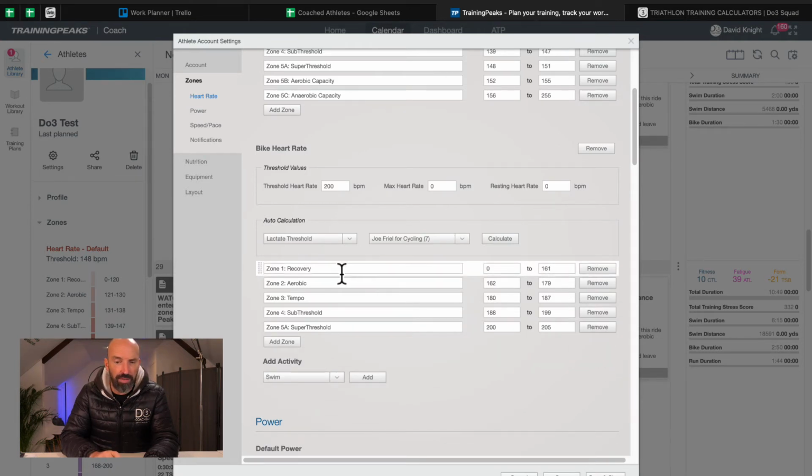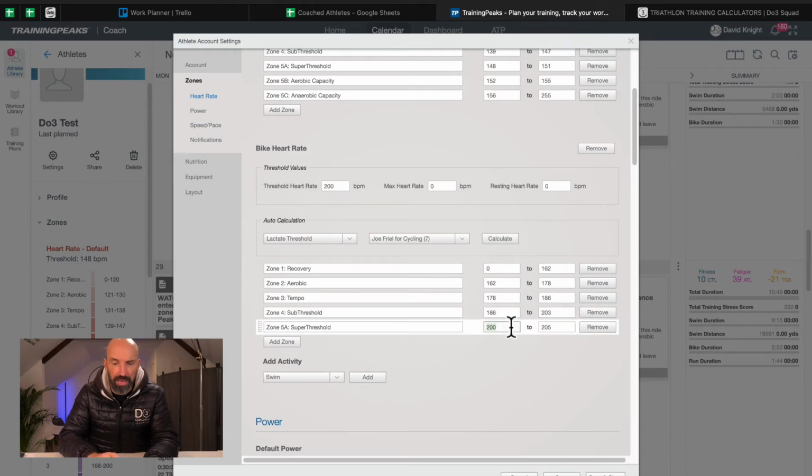We're going back down to 5. I confused myself there. So first of all, zone 1 recovery. We are going to plumb these numbers in again from the table. So 0 to 162, and then 162 to 178. And as you can see, the zones that I've calculated previously are pretty accurate compared to what we're using. Everyone uses slightly different formulas, but this is what we work on. So 178 to 186, and then 186 to 203,